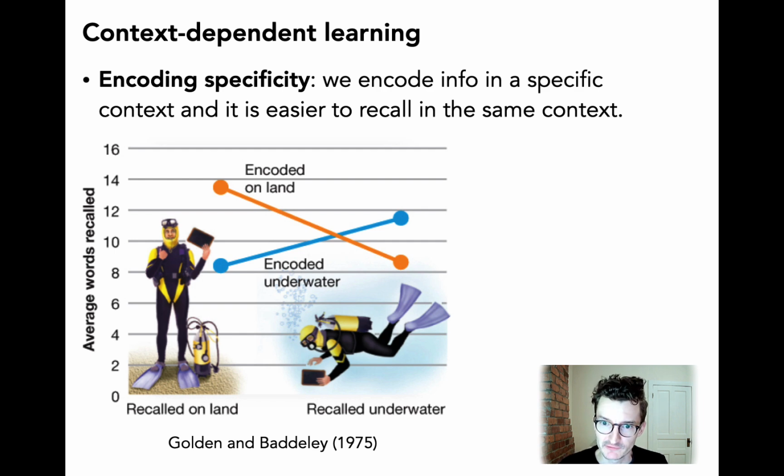Now, another sort of aid for retrieval is remembering the material in the same context in which you learned it. And so encoding specificity refers to the idea that we learn things in a particular context, and it's easier to retrieve that information if we're in the same context. And so I think this study by Godden and Baddeley, around in the 1970s, nicely shows that. This is in my view the most ridiculous study in the history of experimental psychology, but it gets the point